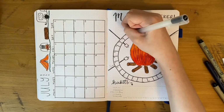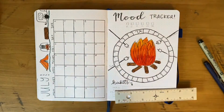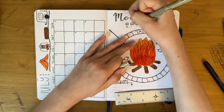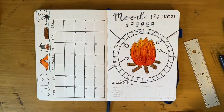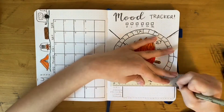All of the supplies I'm using are pretty much my Microns, my Tombow Dual Brush Pen, and some Crayola Super Tips, and one Tombow Dual Brush Pen for the light blue color. But I'm just using 6 different colors this month. I forgot to put them in to track the mood. And then just finishing off this spread